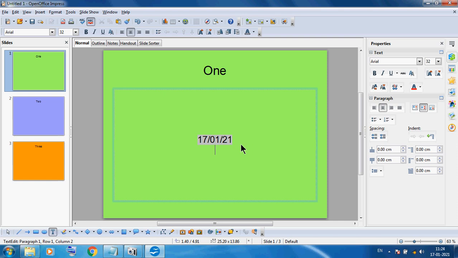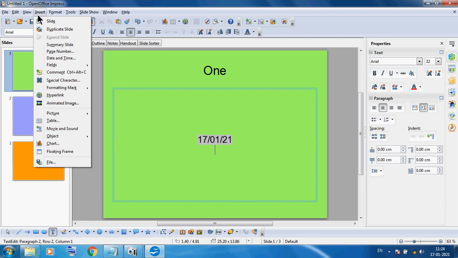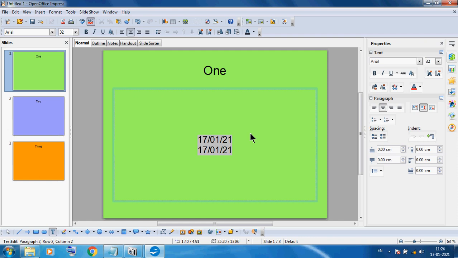Then pressing the enter key, you can see here again I am using a date variable. So this is our variable date. This is our fixed date, this is our variable date. This date will not update the next day, and this date will update the next day, because this is our fixed date and this is our variable date.